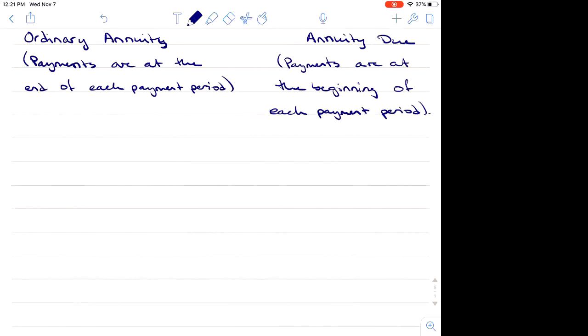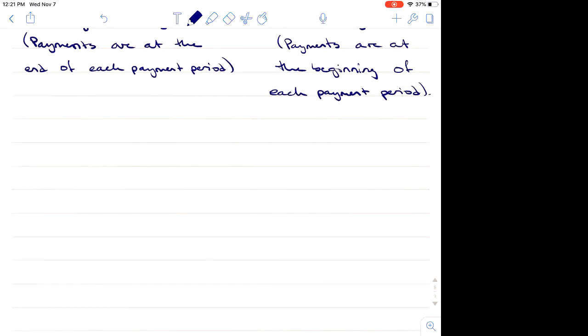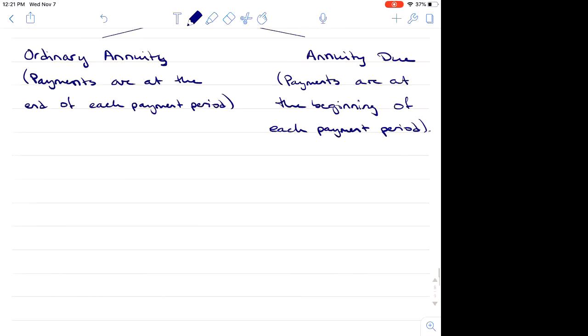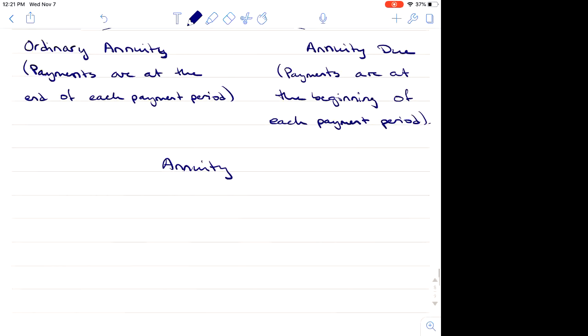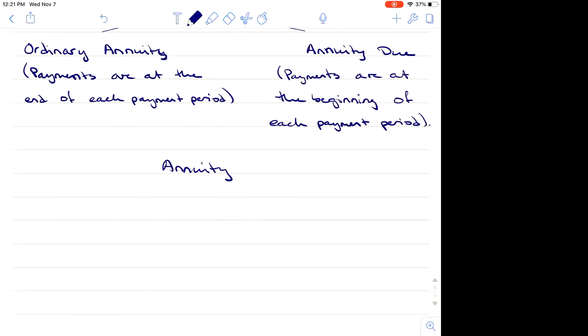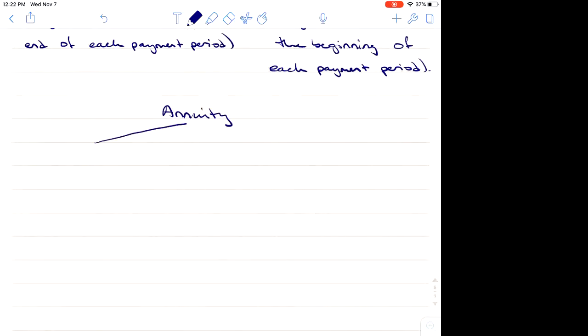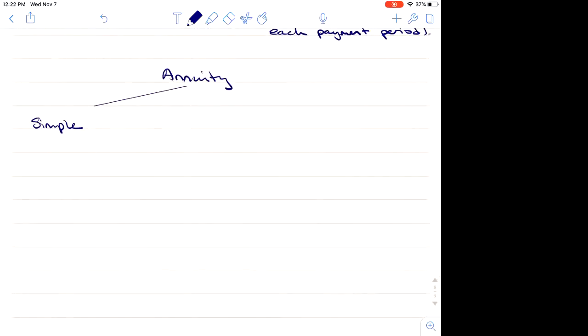And then, regardless, I'll just start another annuity branch, because this goes for ordinary annuities, but I don't want to have to write it all out twice. And it goes for annuities due. So annuities can either be simple. Simple annuities are where we're going to start, where our payment frequency and our compounding frequency are the same,